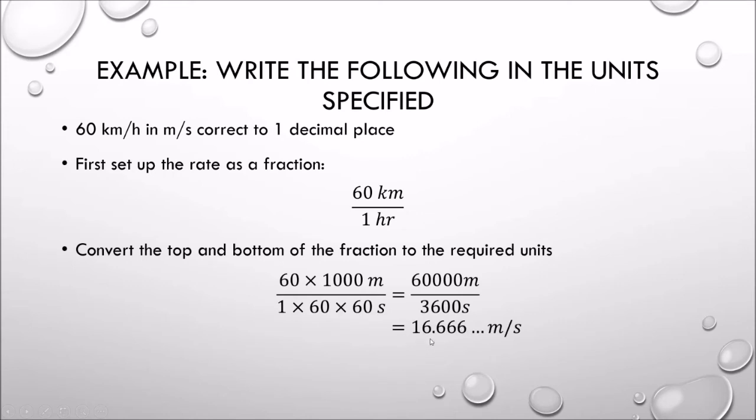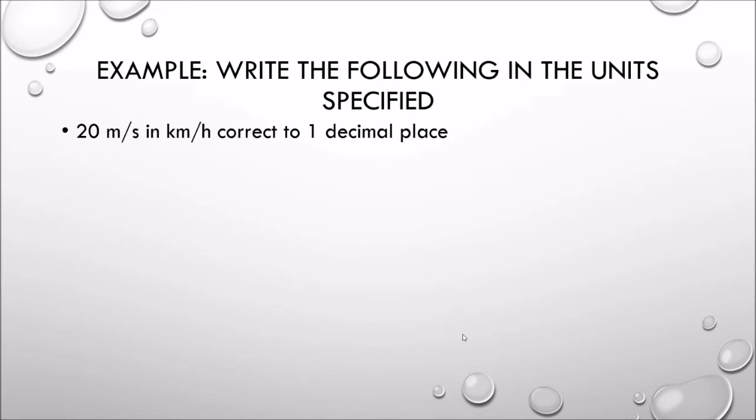So that's going to give us 16.666 repeating metres per second. To round that to one decimal place, we'd say therefore 60 kilometres per hour is equivalent to 16.7 metres per second. If we wanted to convert 20 metres per second to kilometres per hour, how we do that is